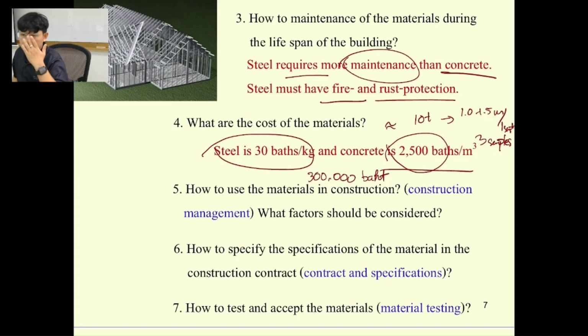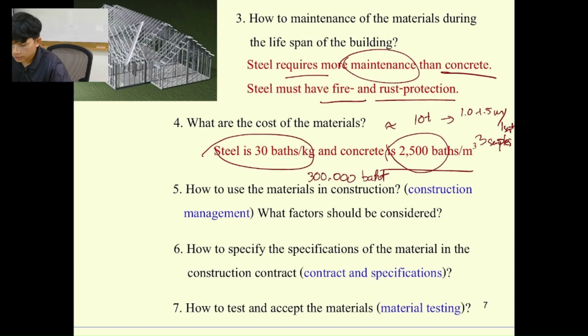So these are the costs we need to compare, which means concrete is way cheaper than steel, but steel can be built faster than concrete. It depends on the owner of the project. If they say they would like the project faster, as the designer we can provide the alternative of using steel instead of concrete. So it depends on you in the future. If the owner wants things faster, go for steel. And if they want things cheaper and can accept longer construction,